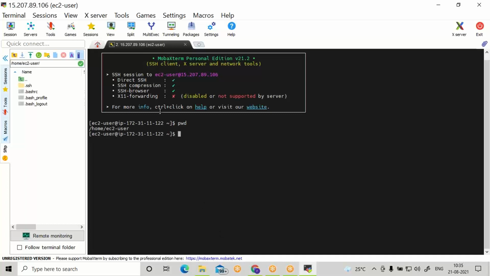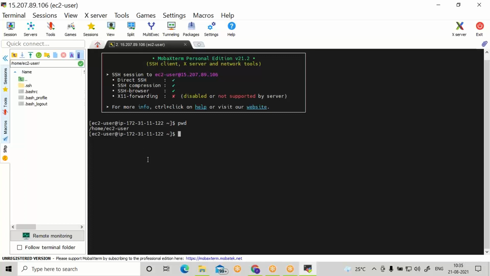You can see the present working directory with pwd. You can see ec2-user. This is the Linux system's home directory, the user directory. The default user for this Linux is ec2-user.